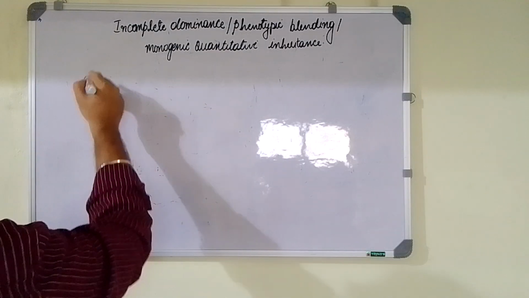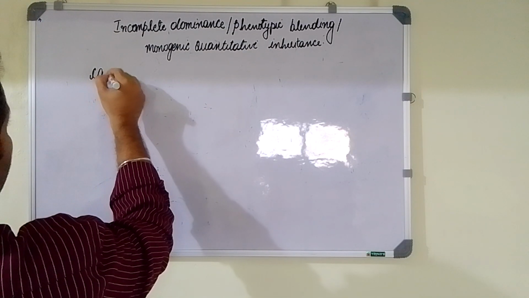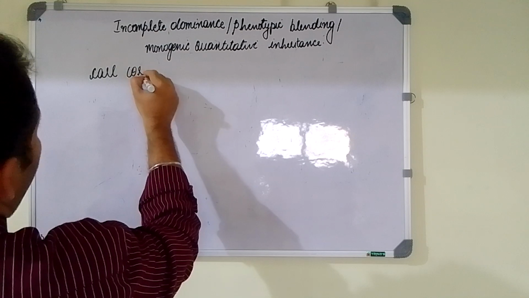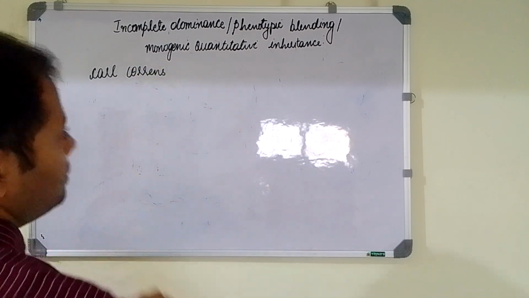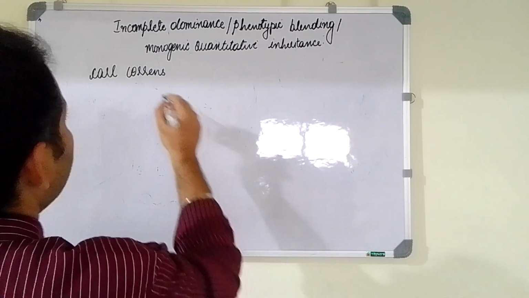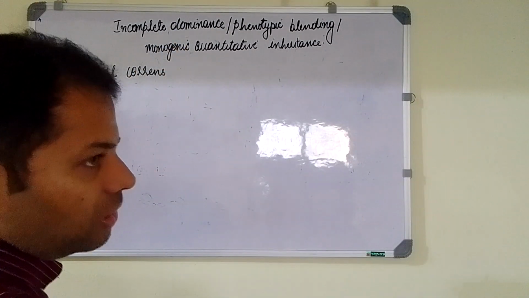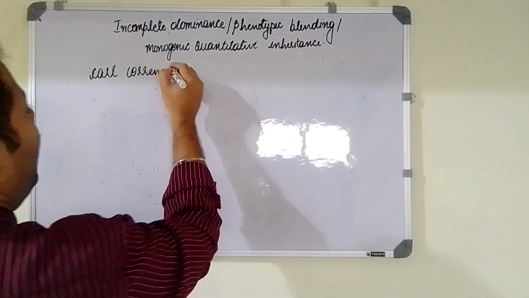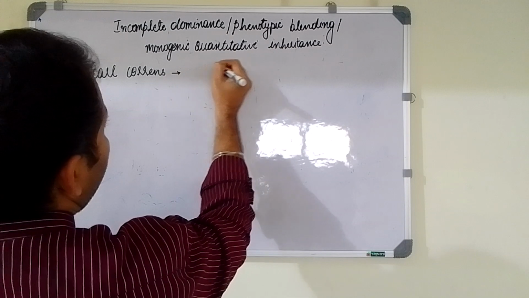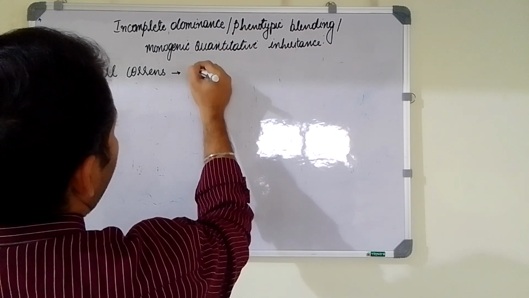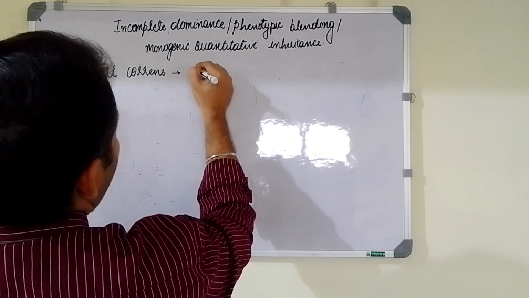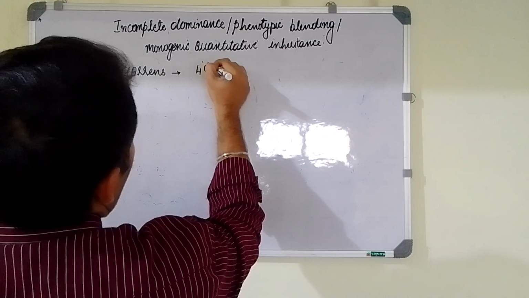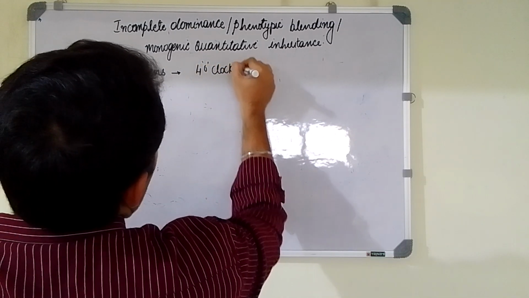Now, if you look at what incomplete dominance is all about, incomplete dominance was first observed by a scientist called Carl Correns. He actually identified or observed incomplete dominance. And Carl Correns observed incomplete dominance in a plant called the 4 o'clock plant,